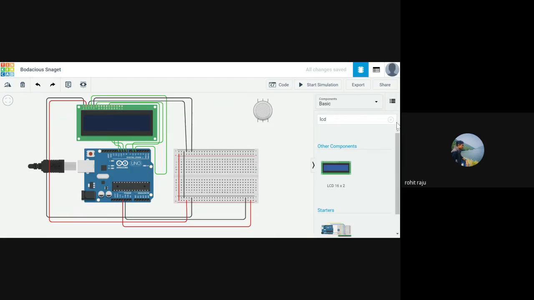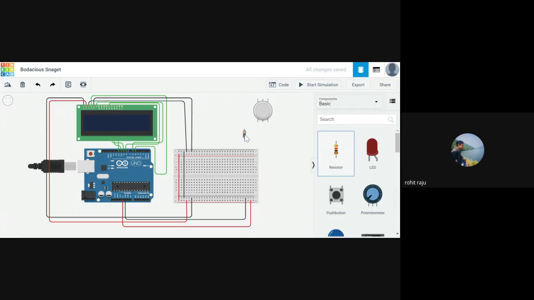As I said, we need to bring in the resistor. Yeah, this is the resistor. Now let's make the connection with the LED anode. Fine. And then the LED cathode to ground.